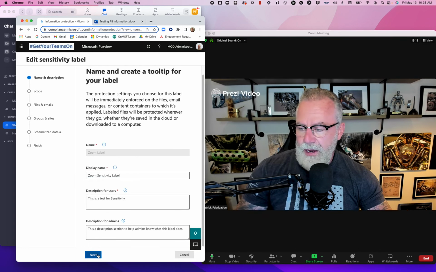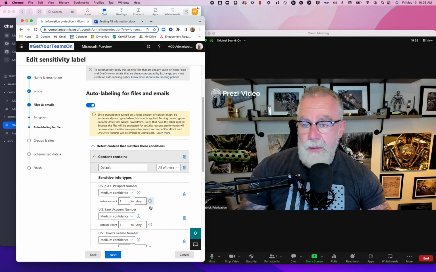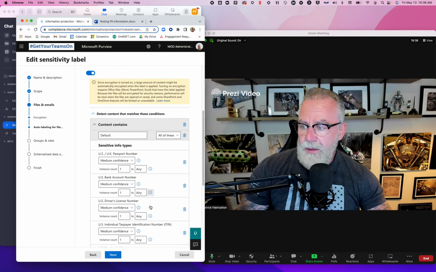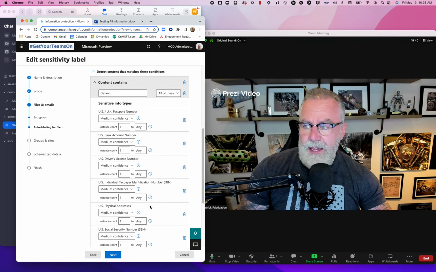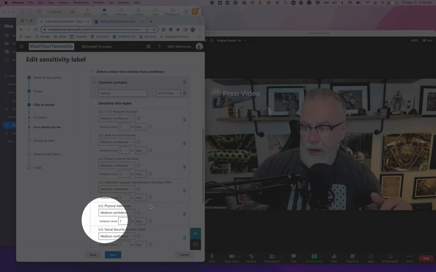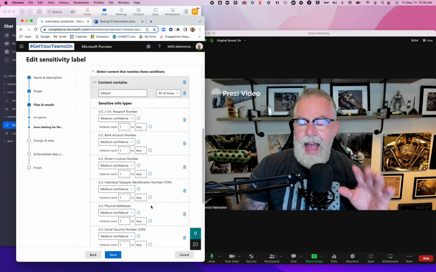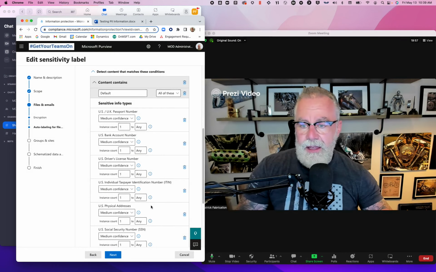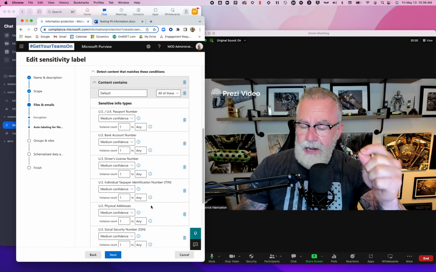I'm going to apply it to files and emails right here. What it allowed me to do is encrypt files and control access to the files and emails that have been labeled. Then I'm going to apply some permissions to those labels. And then I'm going to tell it what to look for in that document. In this document, I'm going to look for all this U.S. financial information or sensitive information, such as passport numbers, bank account information, driver's license numbers, Social Security numbers, addresses, all that stuff. I can now apply that to every single file in Zoom chat, because remember, those files are actually stored in